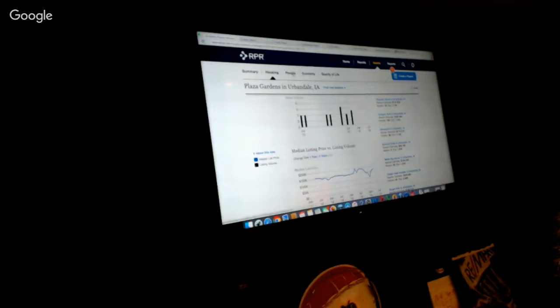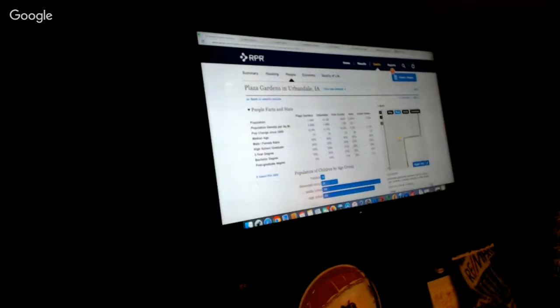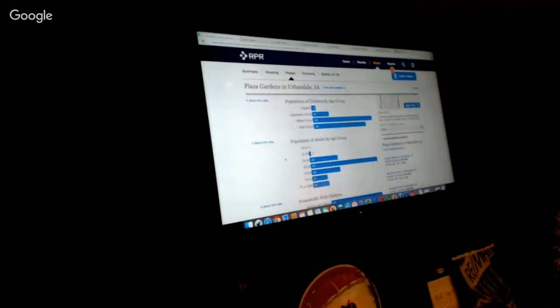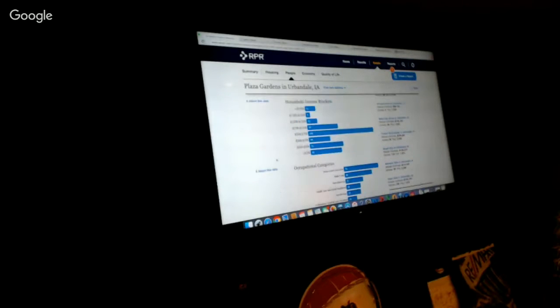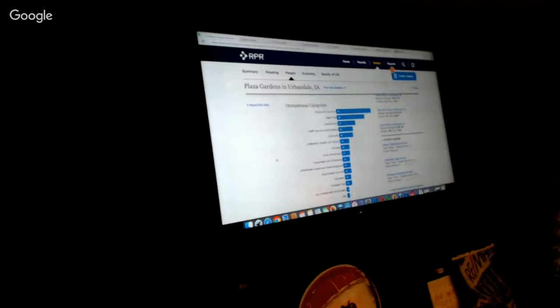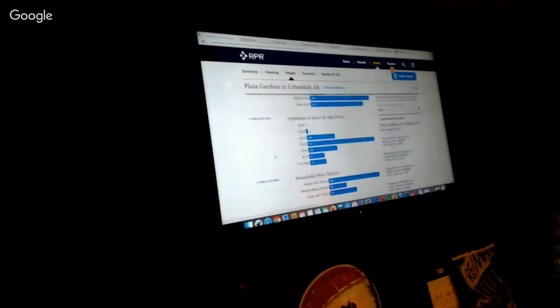And then you've got people. Click on people. There we go. And then here's people, facts and stats, the median age, the female-male ratio, children by age group, adults by age group. So you can really help them get into the neighborhood that best fits them. Here's the occupational categories, even voting pattern if that's important to them. Nowadays, who knows? All right, then you got the economic,